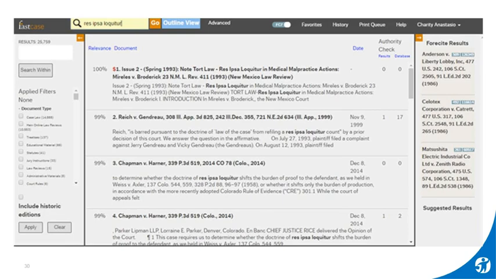Then on the other side, you will notice that they have applied filters. And they give you a few different types of searching filters. I think it's a little bit harder in Fastcase to search based upon judge. But I do think that it gives you some parameters here for narrowing the search that can be really sophisticated and helpful. And then it also gives you, you'll notice right next to the case, an authority check, which tells you